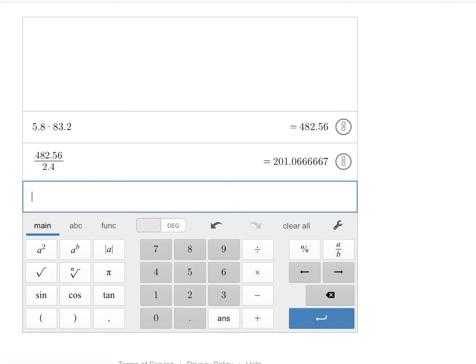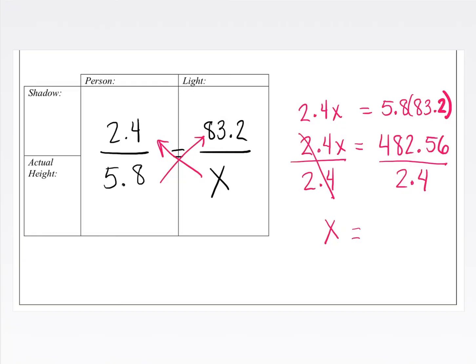201.0666667. The problem asked us to round to the nearest thousandth, which is the third decimal place. In order to do this, we need to look at the fourth decimal place, and if it's 5 or more, raise the score. 4 or less, let it rest. So we have 0.0666. Our fourth number after the decimal point is 6. Since it is 6, the third number is going to raise by 1. So instead of being 0.066, it's going to be 0.067. So our final answer will be